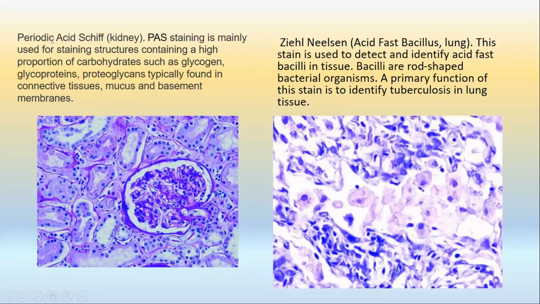Okay, PAS basically stands for the glycogen, which is a component of the basement membrane, and this is very helpful in the renal because this is your glomeruli. Basically it should have a very thin, minimal basement membrane. So if there is an insult, there will sometimes be a thickening of the basement membrane which we can appreciate. Okay, another stain that you are familiar with from your undergrad is the Ziehl-Neelsen.